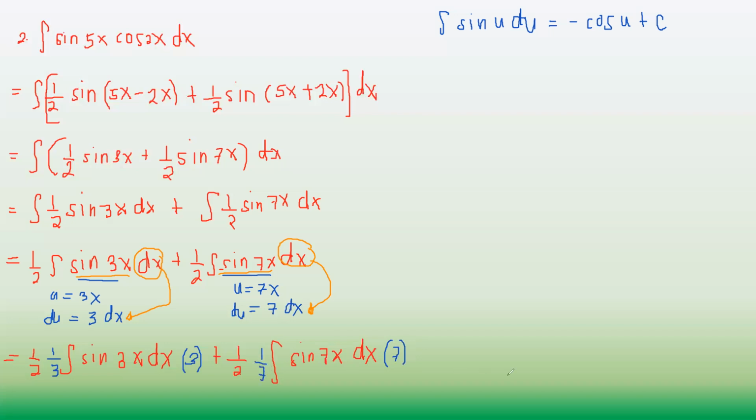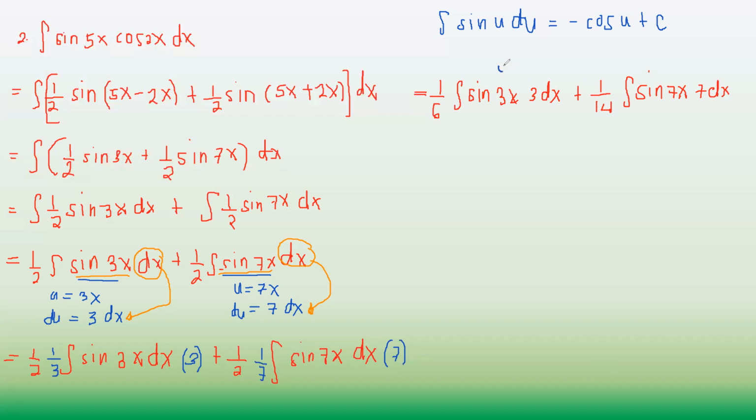Okay, so ayusin pa natin. 1/2 times 1/3 is 1/2 times 3, kaya meron akong 1/6. And we will have 1/6 integral, sine 3x, magiging 3dx na siya. Plus 1 times 1 is 1, 2 times 7 is 14. So we have 1/14 integral of sine 7x 7dx. By inspection, so we will have